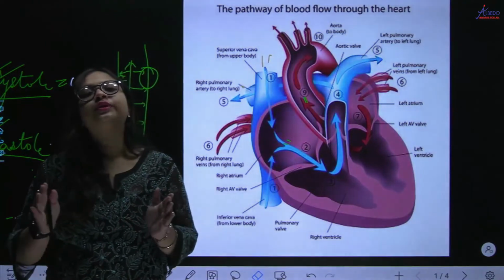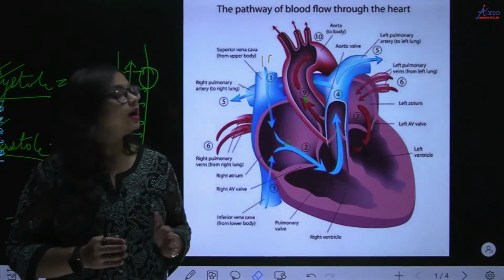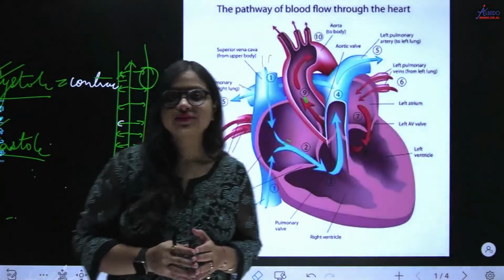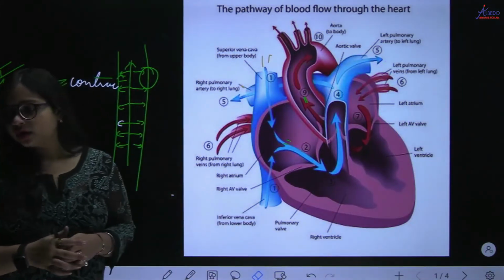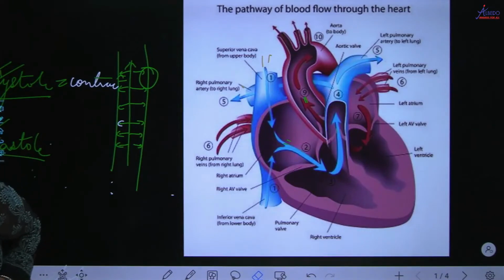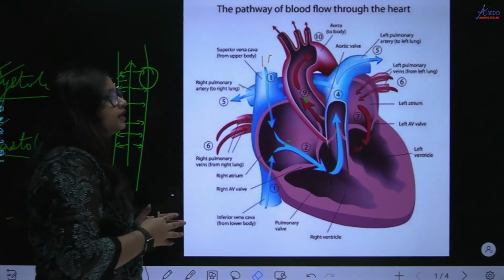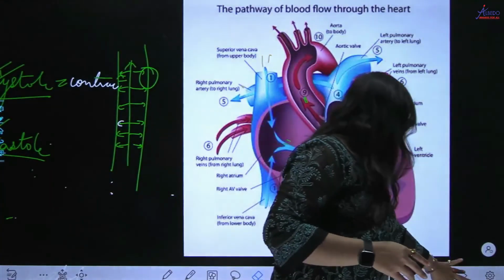I hope you don't have any problem with the cardiac cycle. I tried to explain it as nicely and as slowly as possible. If you have any doubts, you can personally message me on WhatsApp. Okay, now let us move forward and look into one very